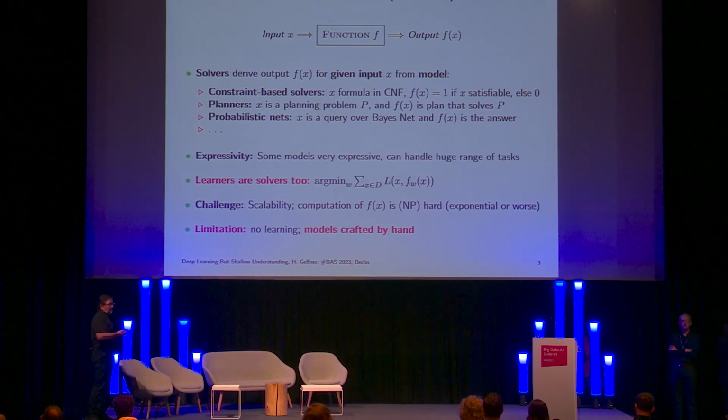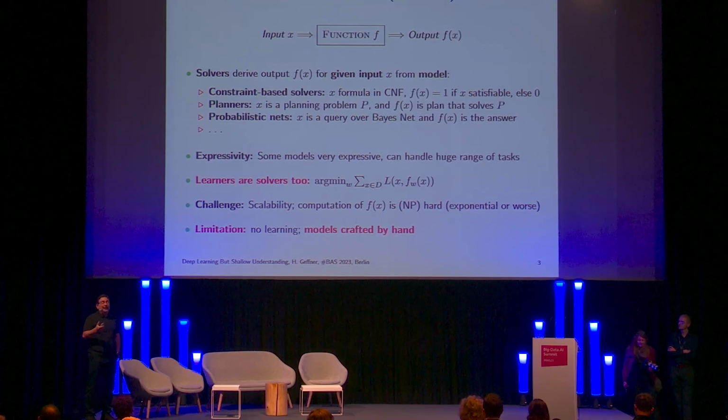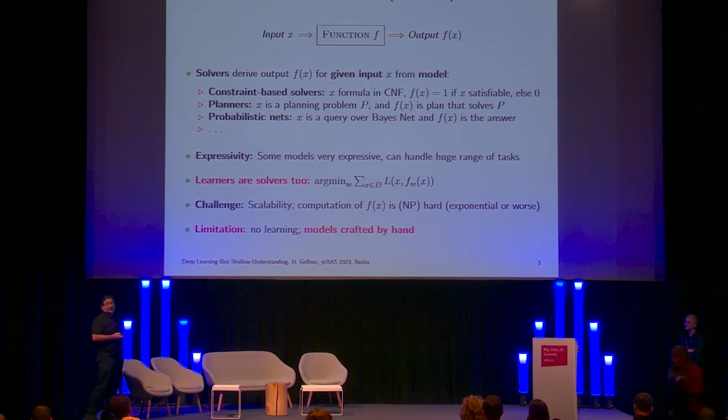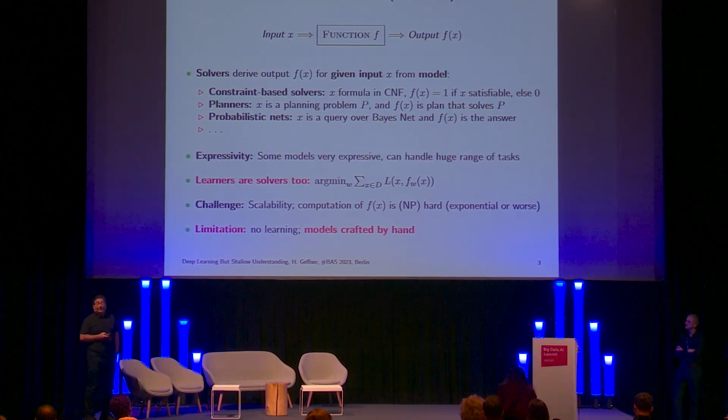Now, in the case of deep learning approaches, one of the limitations is that they do not understand what's outside, that they cannot reason, and so on. The limitation of these systems is that they depend on models that have been crafted from data. And to have a model, in some sense, you really need to understand the problem. Well, in order to use data, you just use the data. Somebody has to construct the models, these optimization models, or planning models, or probabilistic models, okay? Normally, they are constructed by hand.